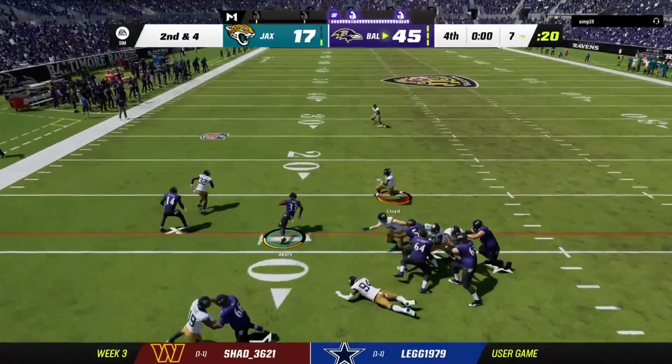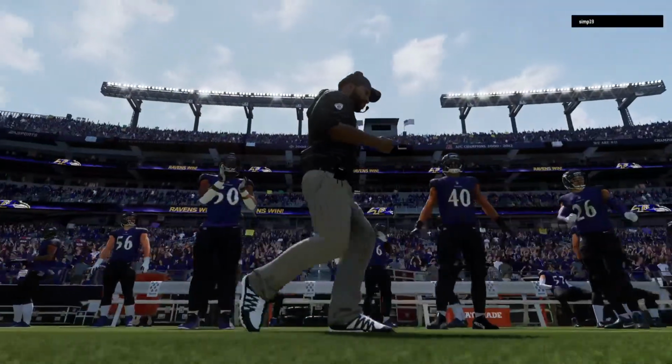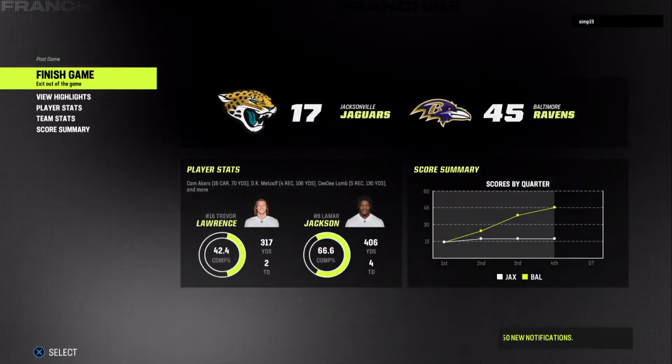Second down, they'll go with Akers again. Oh, he's got a little daylight. And able to get it across the 20 before they get to it. Well, Charles, a lot of happy faces heading into the tunnel as this one ends, and understandably so. Not only did they get the win, but boy,